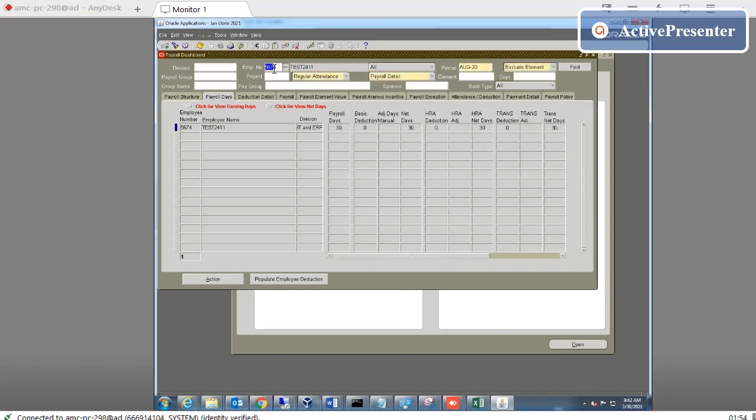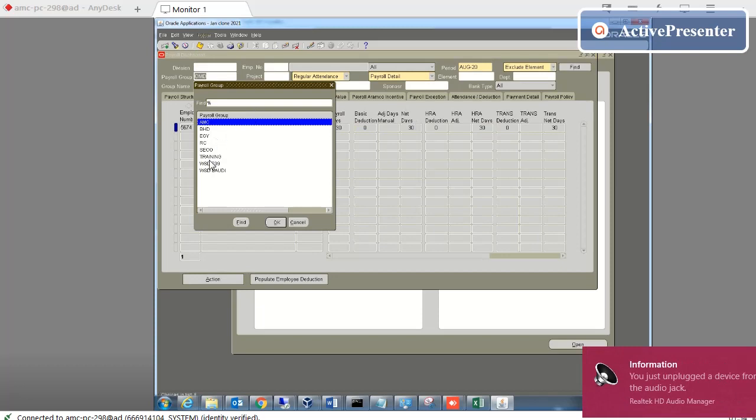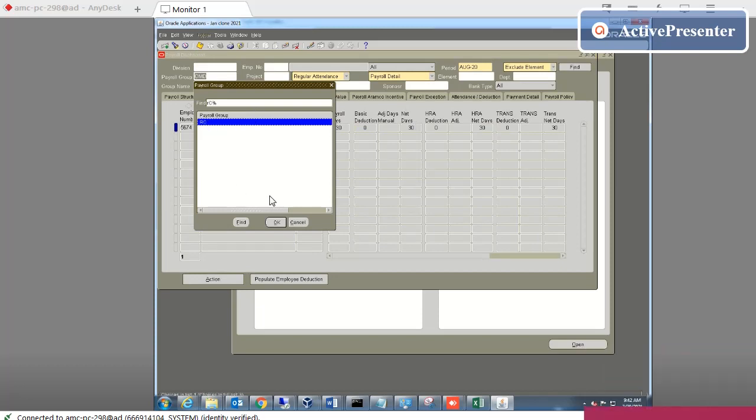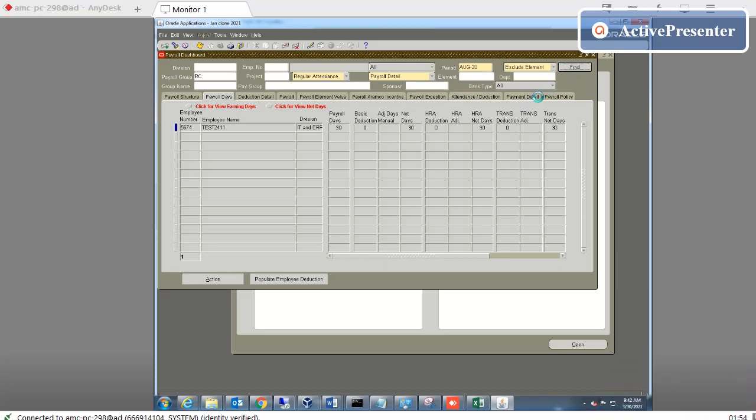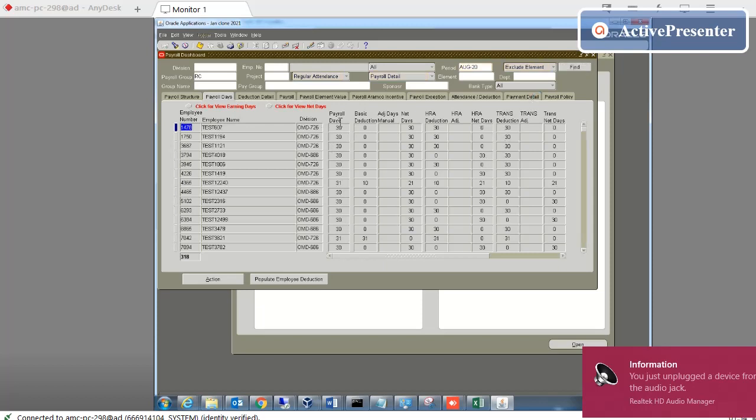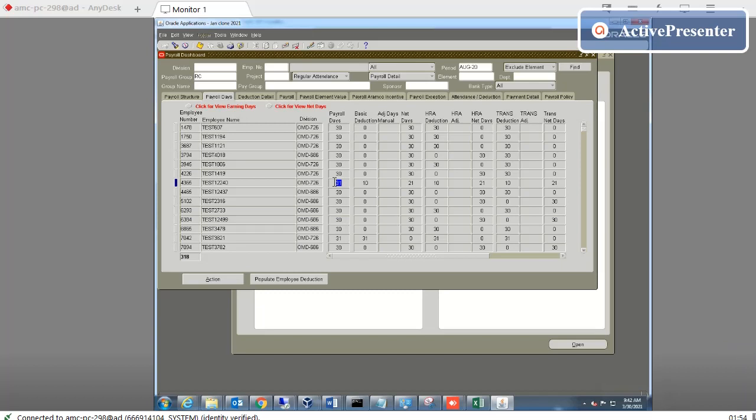If I remove this one, and when I press it, you see payroll days are 30, and there are some 31 days as per policy.